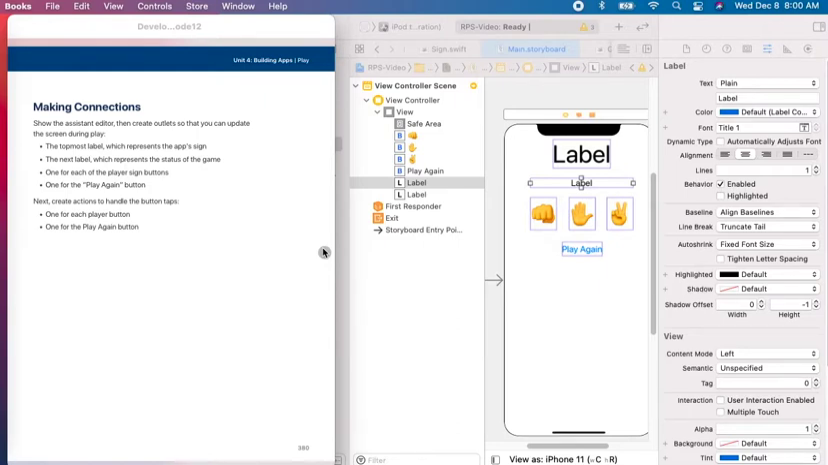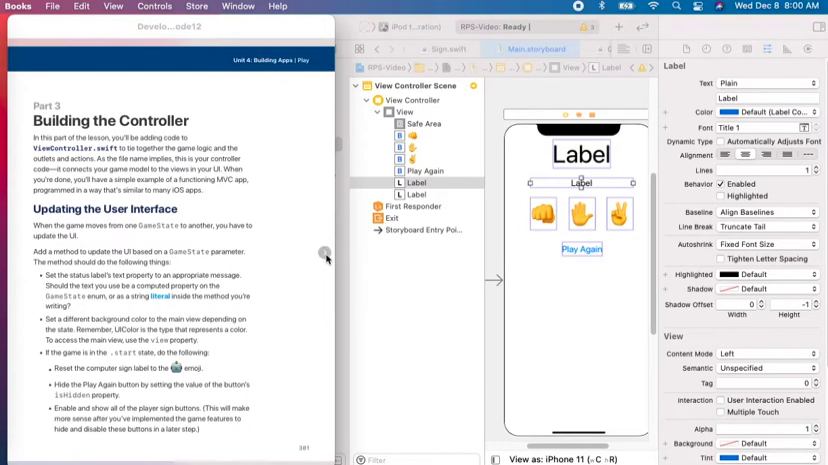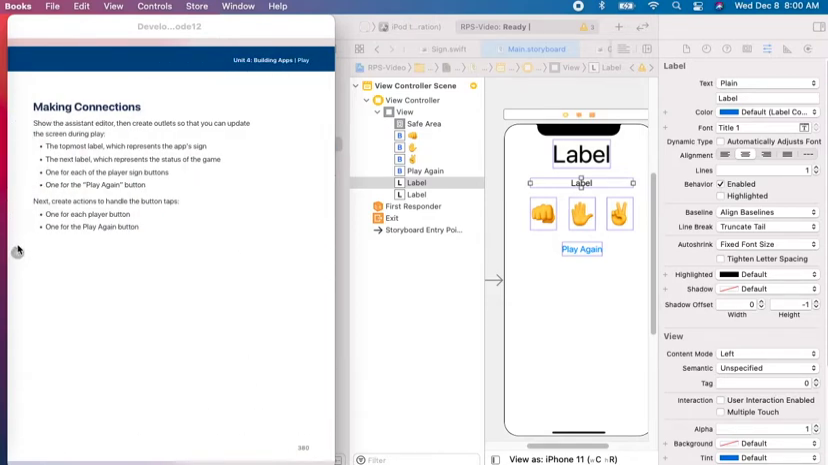Show the assistant editor, then create outlets so that you can update the screen during play. The topmost label, which represents the app sign, the next label, which represents the status of the game, one for each of the player signs buttons, one for the play again button. Next, create actions to handle the button taps. Okay, so we have some practice with this from other